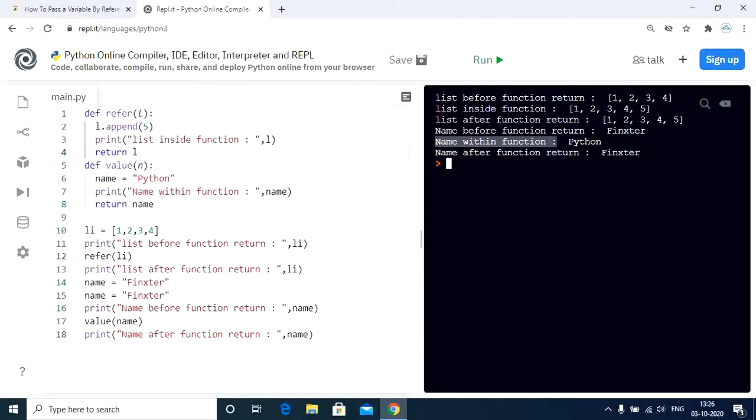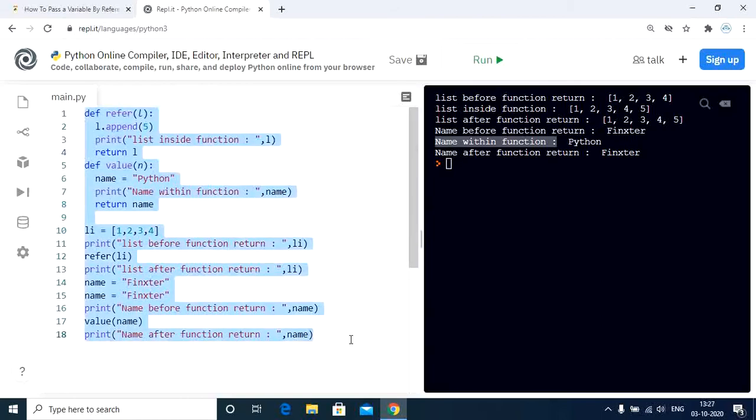A simple workaround for passing an immutable variable like a string by reference is to accept the variable inside the function, make modifications on it, and then return the value. After returning the variable, we need to reassign the returned value from the function to the variable again, since it is outside the scope of the function. This might be a little confusing, so let us dive into the code and check how this works.